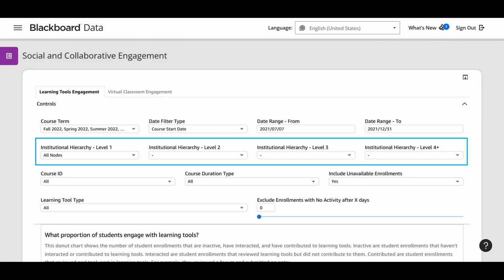It's highly flexible and configured by your system administrator. In Blackboard data reporting, we use this feature to make it easy to filter courses and aggregate data to the node level, enabling comparisons of nodes with the same parent, for example, departments within a given college. We have 4 levels of filters for institutional hierarchy filtering, enabling you to work your way down the chain of